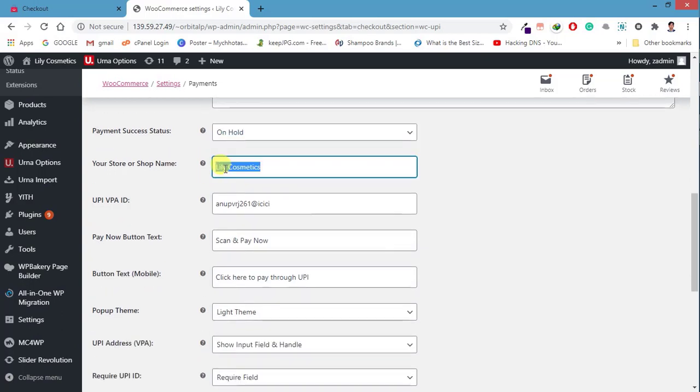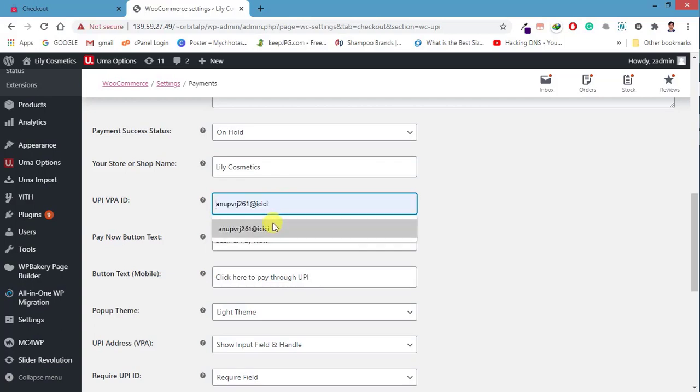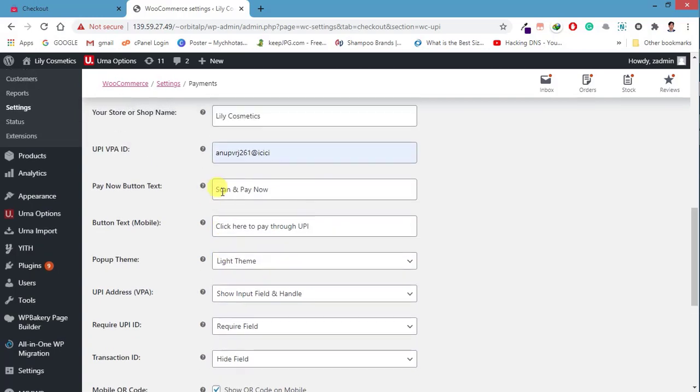That is the process. Here you can keep the website name, and then you have to keep the UPI ID. I have already kept it here. Earlier I tried to install and test, so I kept it. You have to enter your UPI ID on which you want to receive the payment. Make sure you have entered the correct UPI ID, because this is very important. If you enter a wrong UPI ID, either it will pop up an error, or if it is some other person's UPI ID, the amount is going to his account. So please be sure it is your UPI ID.